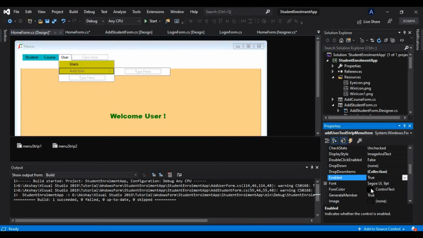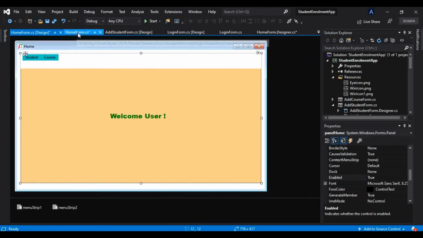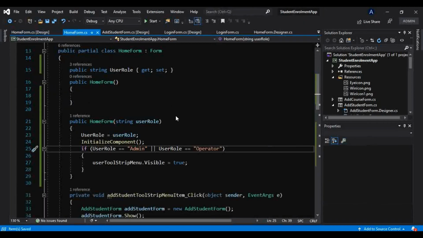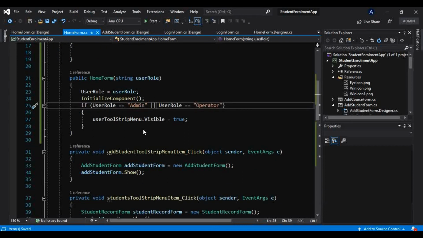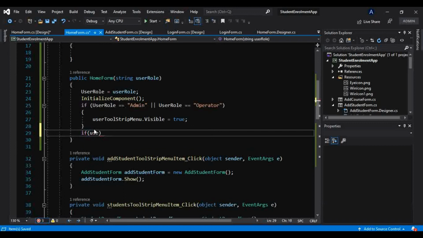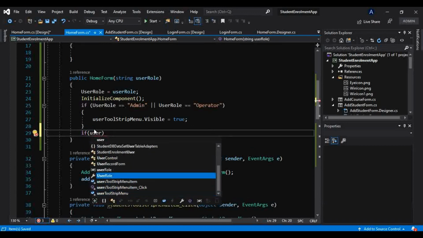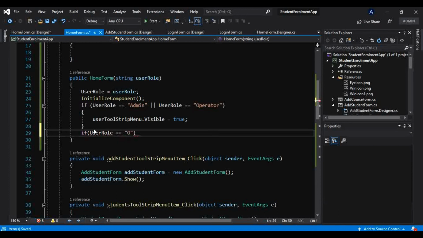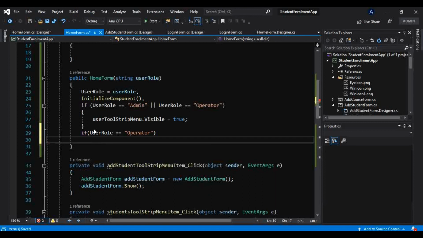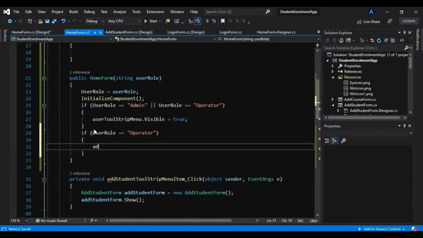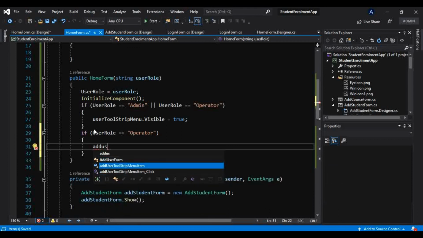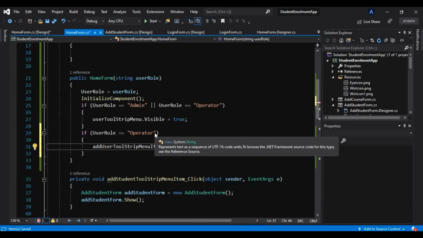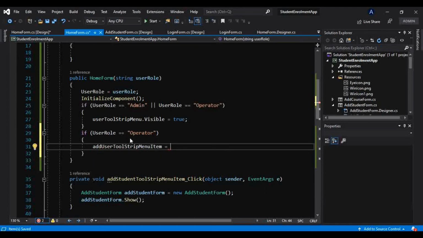Okay, so now this design work is completed, and in that homeform.cs, what we have to do, we have to just come here and add another condition here, that is if user role is equal operator, then what we want, that add user tab, that is add user menu item, we want that to be, we already made that disabled, so we have to enable that for admin.